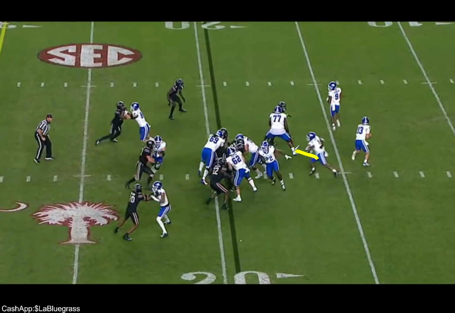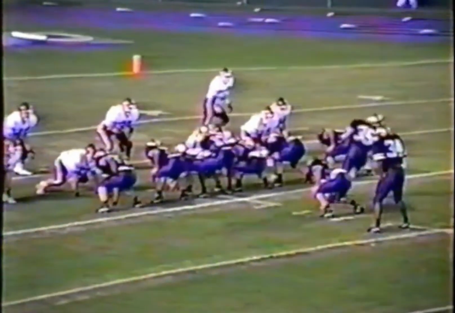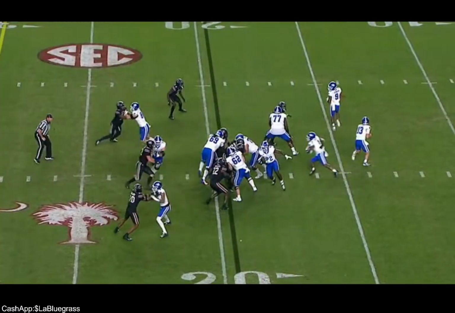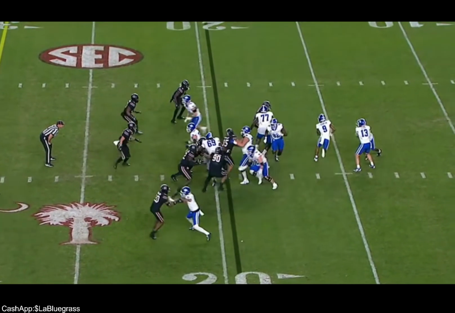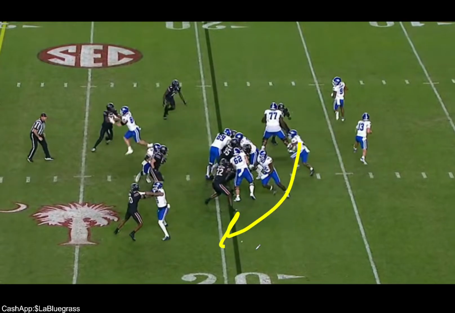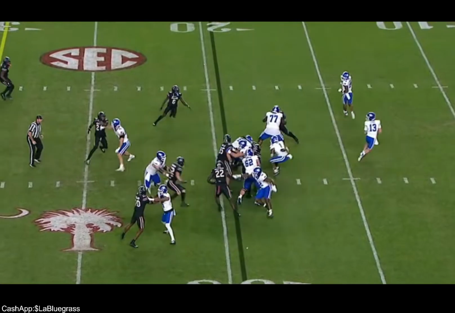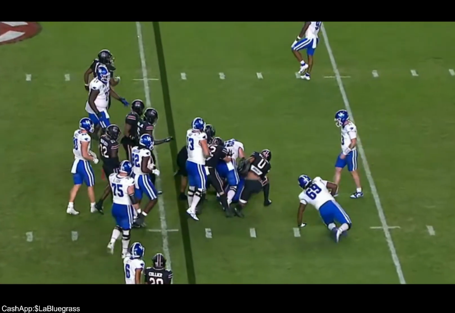This to me is a ball where we should have ran this one. Although I understand what Ray Davis sees, but this guy, they did a little stunt. He goes this way. I think if he follows that pulling, is that a guard? No, that's tight end. I think we got some going this way. I think there's a path for greatness over here. But I understand why he went there. But I wish he would have went the other way.